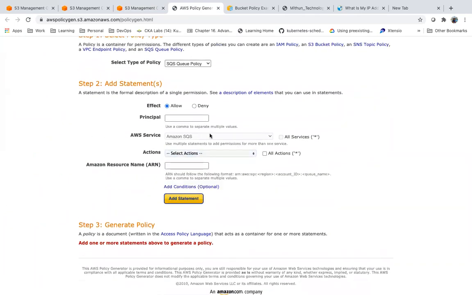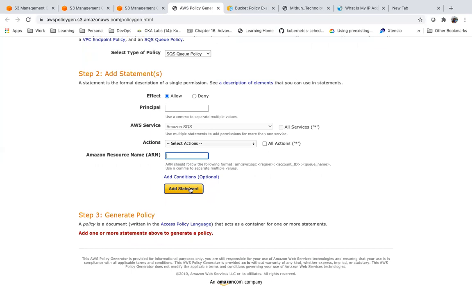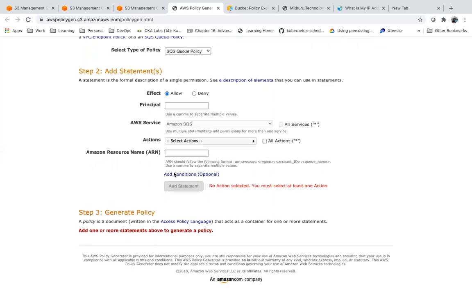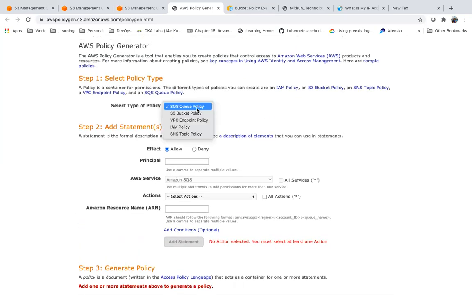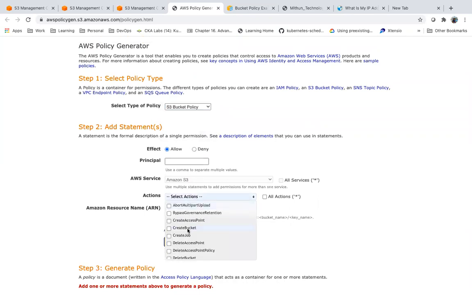You need to provide the ARN of your resource, and you can generate a policy, such as an S3 bucket policy, with what permission you want to give and the ARN.